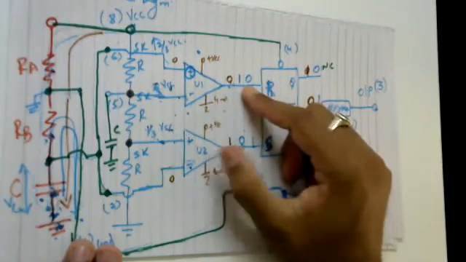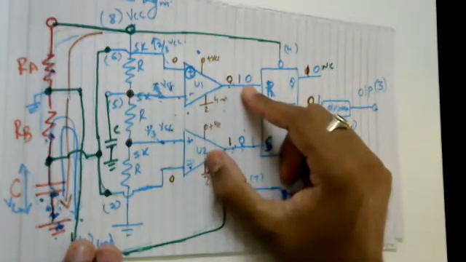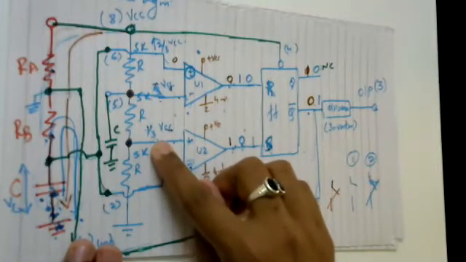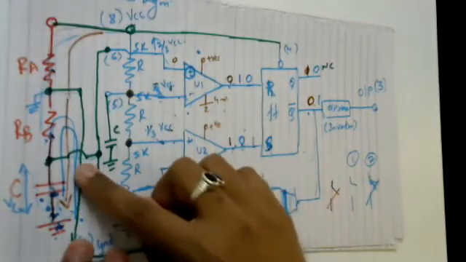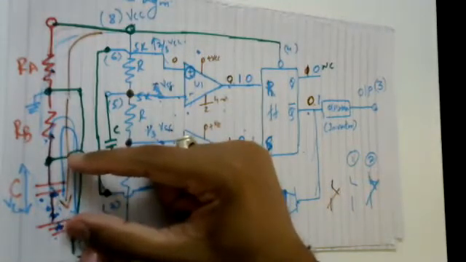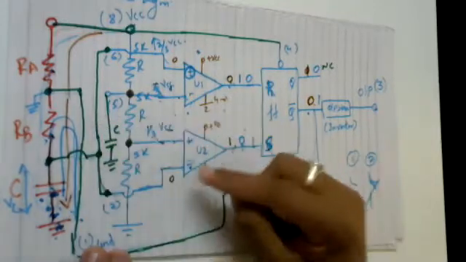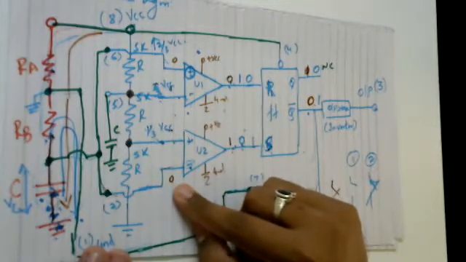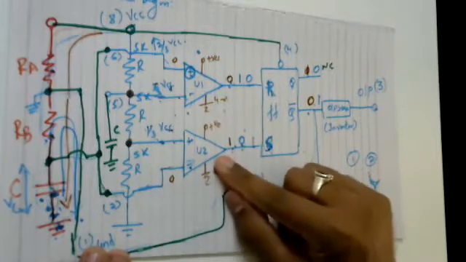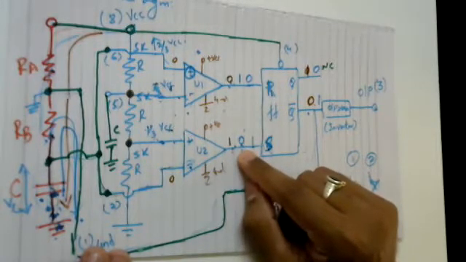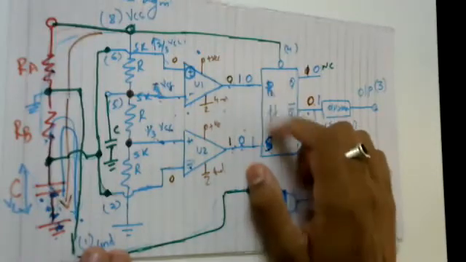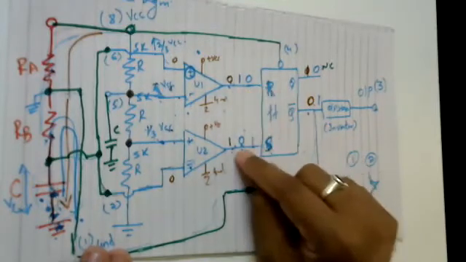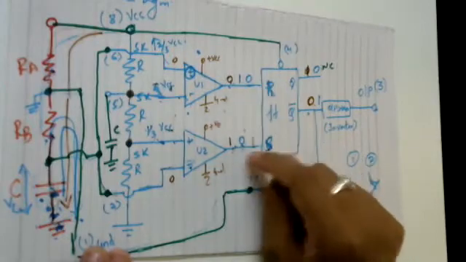What change are you going to see in this one? In this case, your non-inverting is available at 1 by 3 times VCC, and your inverting, which is nothing but once again the voltage across the capacitor C, is slightly greater than 2 by 3 times VCC. Now the voltage at your inverting will be higher. Since the voltage at inverting is higher, your op amp output will be equal to 0. So your inputs to the flip-flop are what now? R is equal to 1 and S is equal to 0.